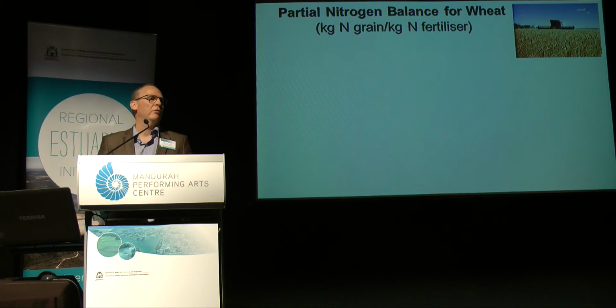So if we think about where the fertiliser is going, the two big tickets are the broadacre cropping areas and the pasture areas, and I wanted to talk about some examples associated with that. So it's interesting to note how we benchmark against other grain-producing regions of the world, and the way that we do that is through the calculation of what's called a partial nitrogen balance. Another way of describing that is nutrient use efficiency or nitrogen use efficiency. That's the ratio of the amount of nitrogen that was removed in product versus the amount that was applied in fertiliser.